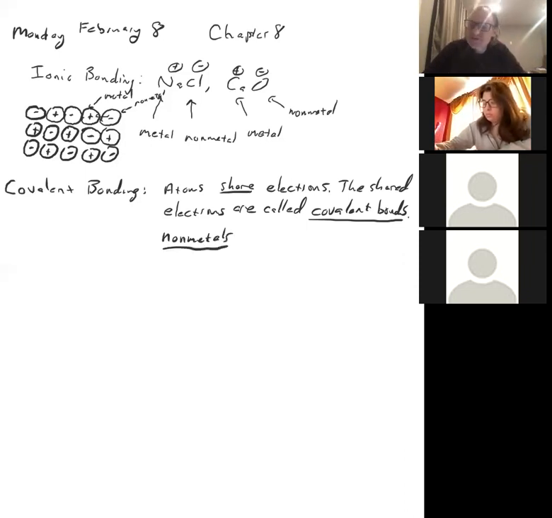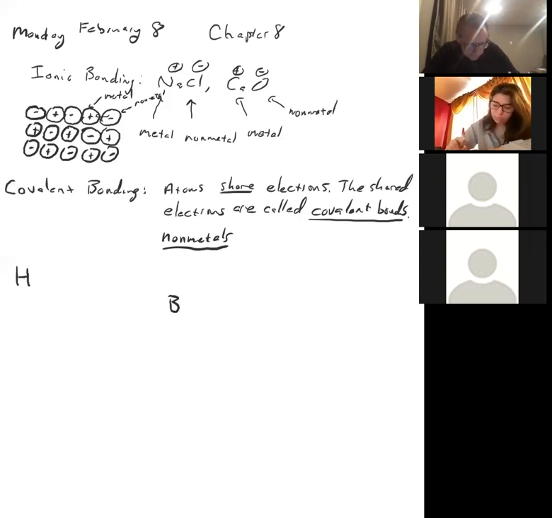And again, it does happen with metals as well, but to a much less extent. It's more focused on the nonmetals. So let's talk about the elements where you see this covalent bonding. The first is hydrogen. Element number 1, hydrogen is very commonly involved in covalent bonds. Now, the other elements where you tend to see this are